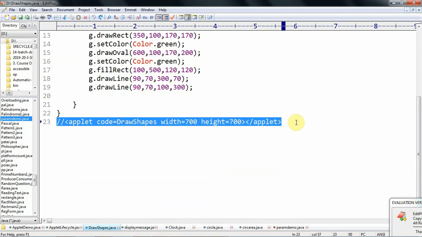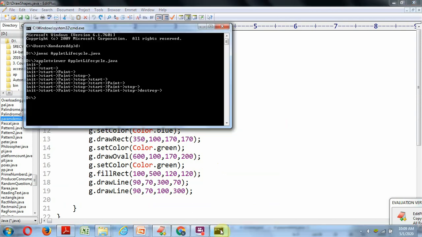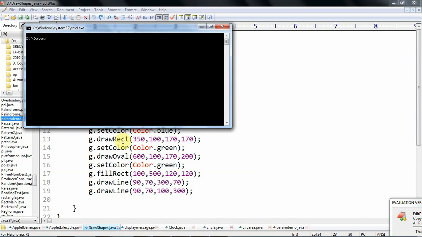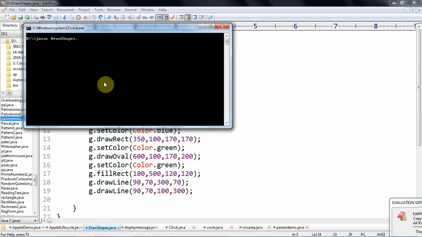Finally we need to write the applet tag like this in comment lines. Then save this program. We go to compile: javac DrawShapes.java. So the program is successfully compiled.